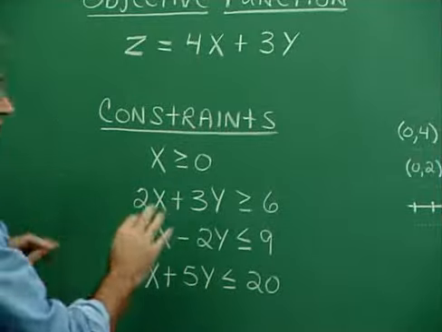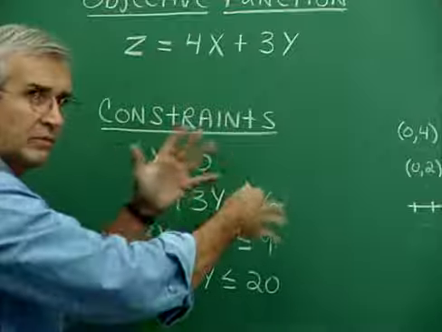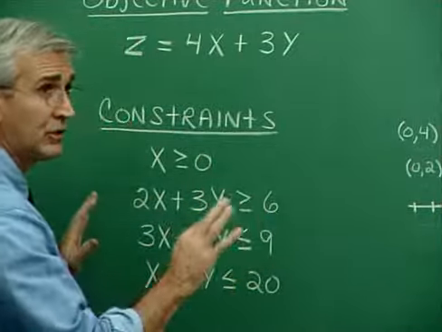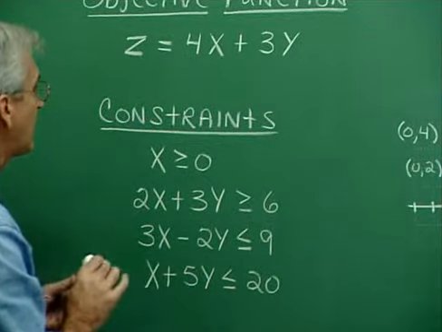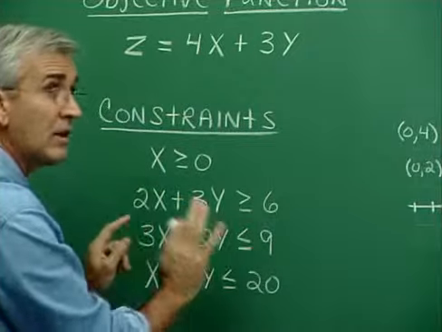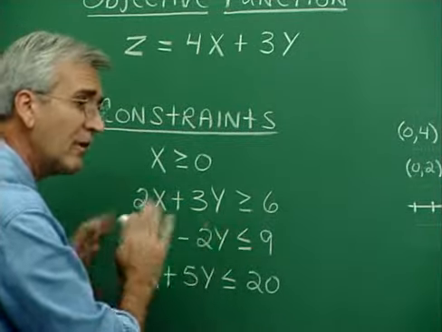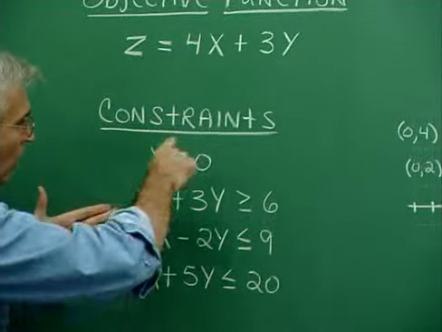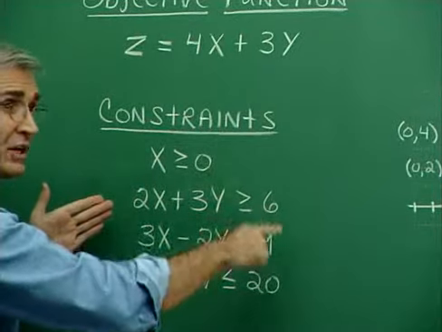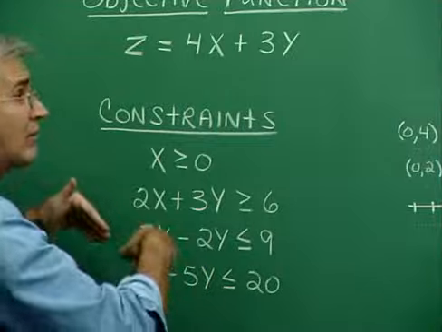Now here's how we deal with it. I'm just going to go through the whole concept of solution here, and then we'll look at an example, and it'll become much more clear, I'm sure, at that point. Okay, so we have an objective function. We have a list of constraints in the form of a system of inequalities. So we solve the system of inequalities, and we find a region in which x and y values can fall